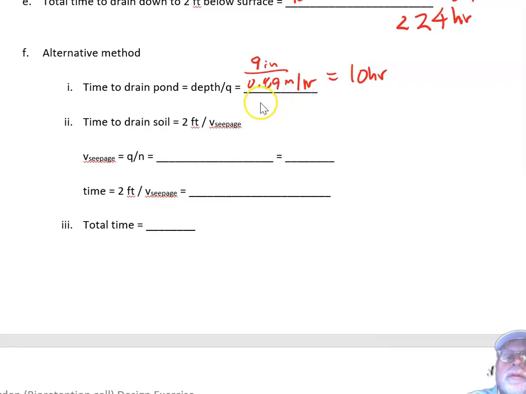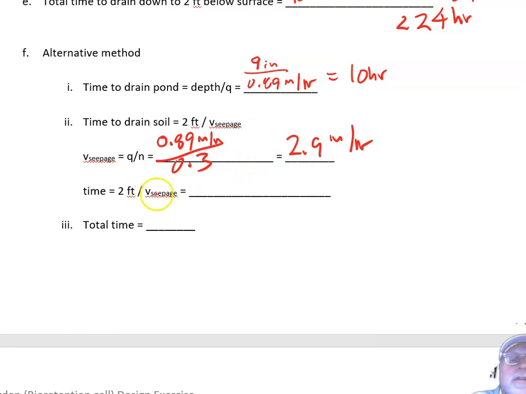we have the soil in the way, so we have to use the V seepage, which remember is Q, which is big Q over A, this is the specific discharge divided by N, the porosity, or 0.89 inch per hour over 0.3, porosity equals 2.9 inch per hour. So I could have just said it's 2 feet going down, and it's going down at a rate of 2.9 inch per hour times 12 inches per foot is 8.1 hours